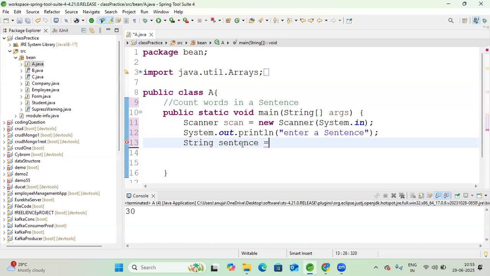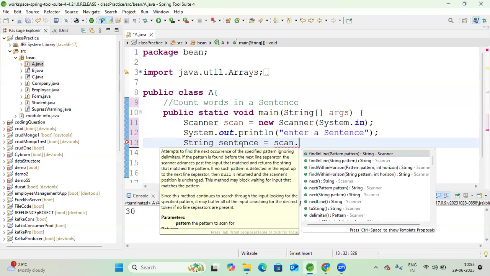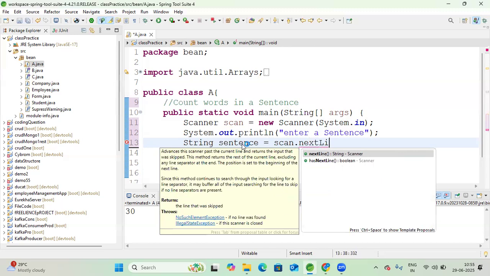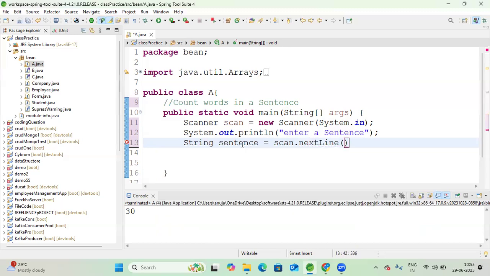sentence equal to scan.nextLine, to read the full sentence. Okay, nextLine is used to read the sentence. For int you can write nextInt, for float, nextFloat. Okay, then